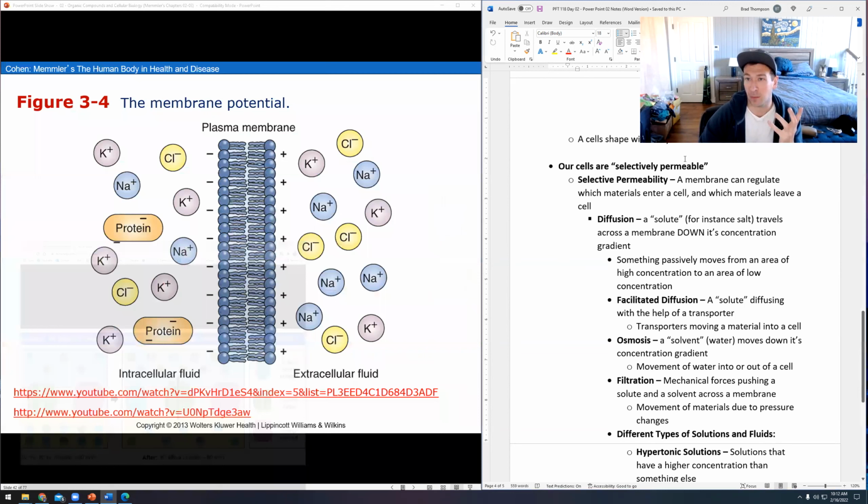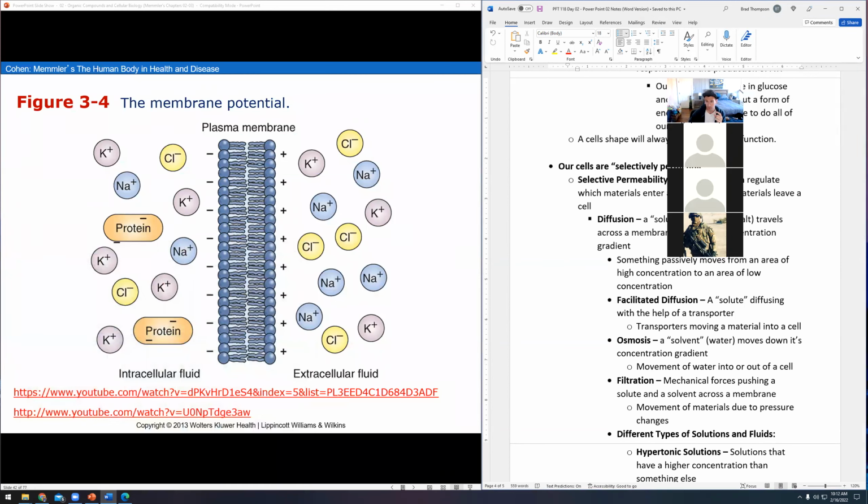This is exactly like a little battery in your remote control, right? You've got two ends to a battery, the positive end and the negative end. If you put both batteries in the same way, your remote's not going to work because there's no reason for the electrons in that battery to move back and forth. So you take one of them and you flip it, and now you've got positive here, negative here, positive here, right? Now it's able to generate electricity. The electrons are moving and your remote control captures that electricity and uses it to send a signal to your TV, right? That's what happens in your body.